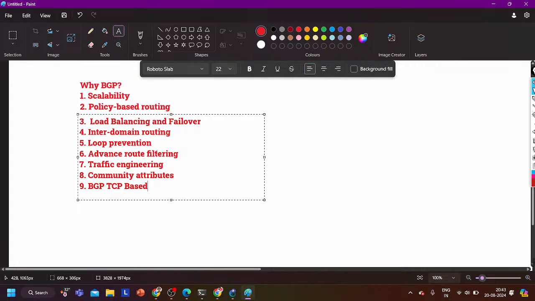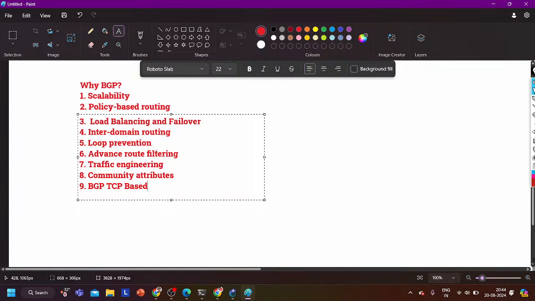Like if your machine wants to send an HTTPS request message to a Google server, first your machine has to establish a logical connection by sending a SYN message, then the server will send a SYN plus ACK message, then your machine will send an acknowledgement message. After the three-way handshake process, your machine will have established a logical connection, then it will send the actual data. Am I right? In the same way, two routers will become neighbors in BGP after forming a TCP connection, right?